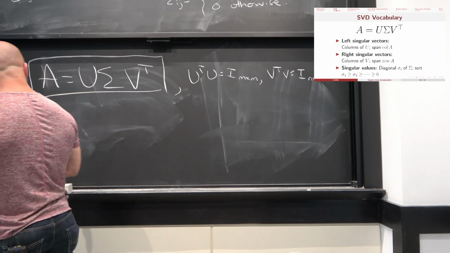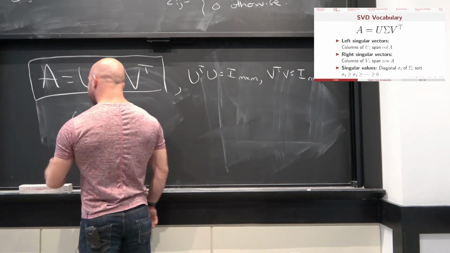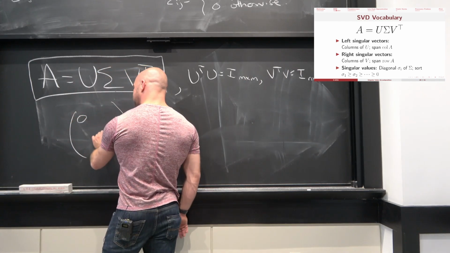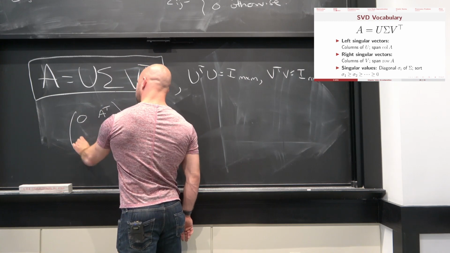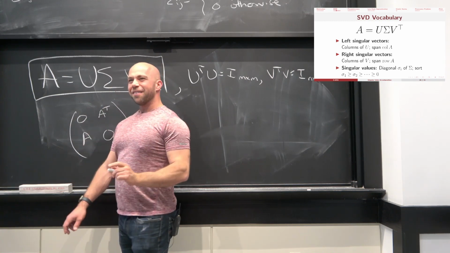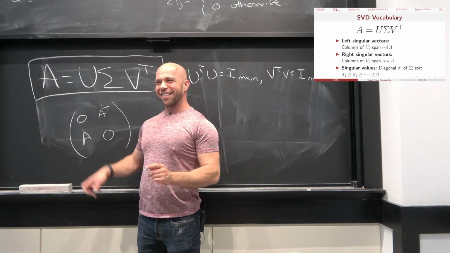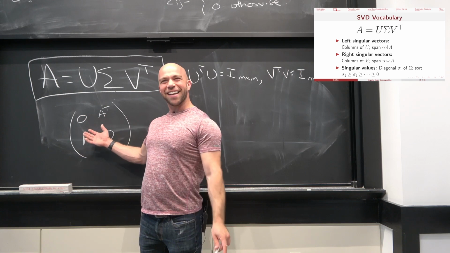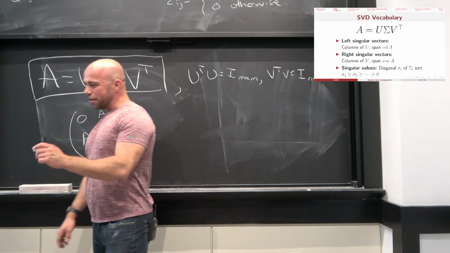So in particular, here's a little sneaky trick that you could have done just kind of experimentally, maybe. I could construct the following matrix where I put zeros down the diagonal. I put maybe A transpose here and A there. Right? So this is an M plus N by M plus N matrix. This thing's symmetric, so this thing has a full set of eigenvectors. And in fact, what you can show,